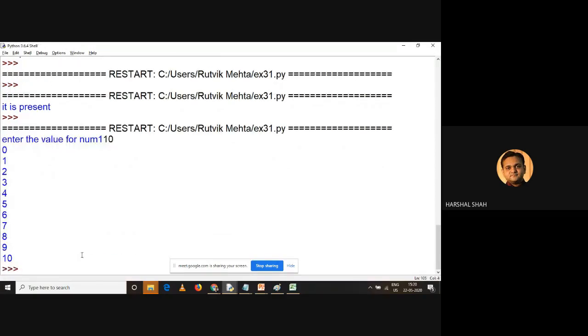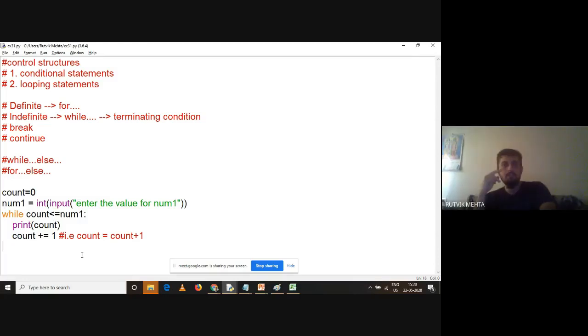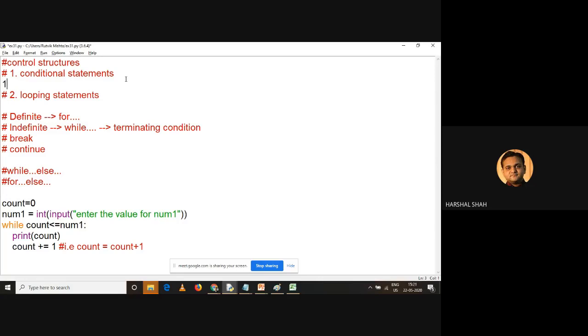There was a question from Chandni. Chandni is asking about the categorization of these control structures into three types: single, multiple, or multi-level, which we discussed during the introduction. Is it for the conditional control structure only, or for looping also? It was for conditional statements only. And conditional statements are only if, else, and if, elif.